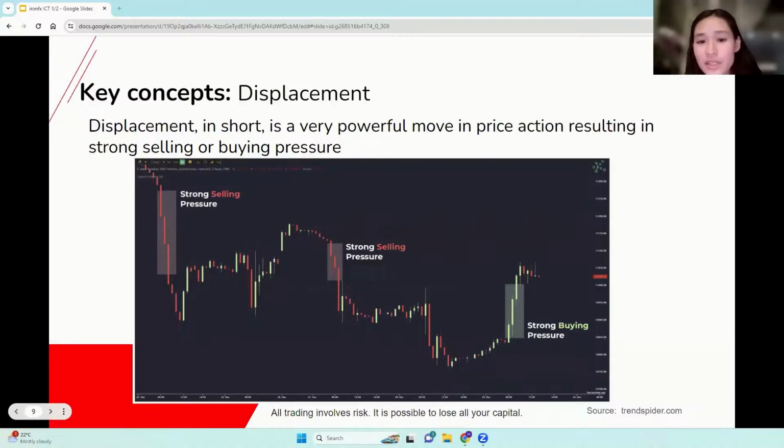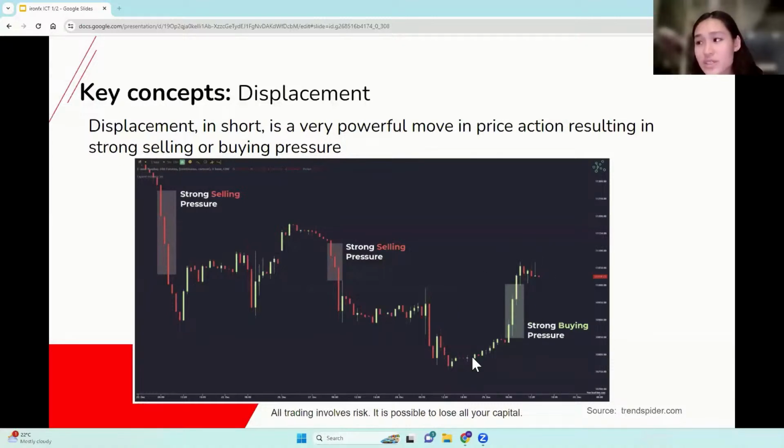A displacement will normally occur just after a liquidity level has been breached and will often result in the creation of both a fair value gap and a market structure shift. We'll get into what those mean in a little bit. But what it means when we say a displacement occurs after a liquidity level has been breached is, if you look at this area here, this is a multiple swing low support level. You can see price has recently broken out of that level, if you can imagine this horizontal line just over here. So it's broken out of it and it's reversing off it now.